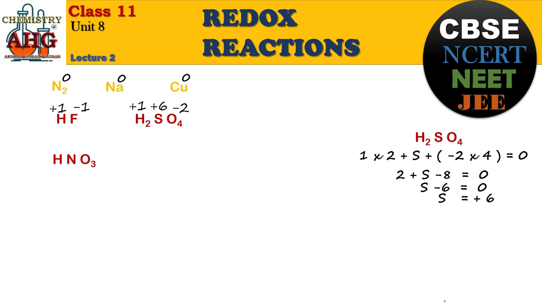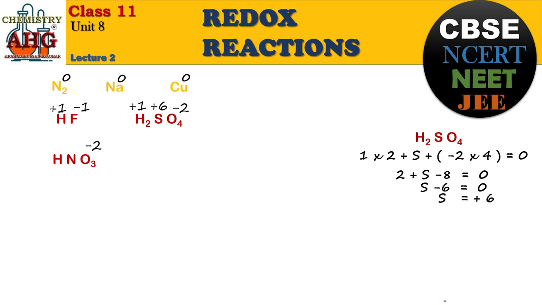Again, as I told you, first of all you must look at, is there any highly electronegative element? Yes. Which highly electronegative element is again and again present? It is the most common oxygen atom. What is the oxidation number or oxidation state of oxygen? It is -2. But you must remember there are 3 oxygen atoms. You must multiply this charge with 3. So what is the total negative charge in this compound? -6. So both hydrogen and nitrogen will have to neutralize -6.